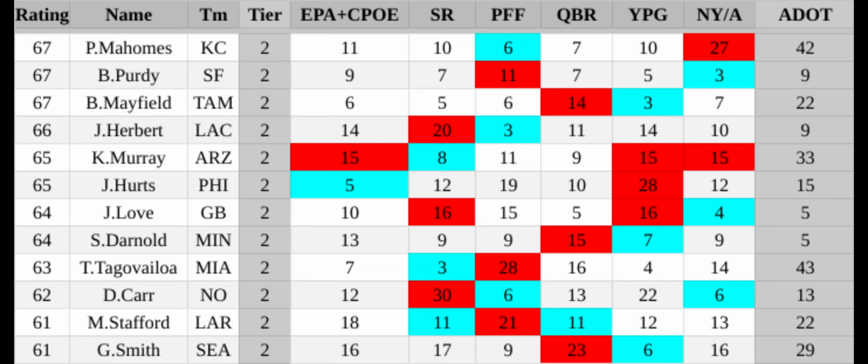Justin Herbert, I like how the difference in ideologies for the Chargers versus basically everybody else is revealed in Herbert's stats, where PFF was saying, yeah, he wasn't getting receivers open a lot of the time, and he wasn't being given a lot of opportunities, so he's not going to have the greatest yards per game situations.